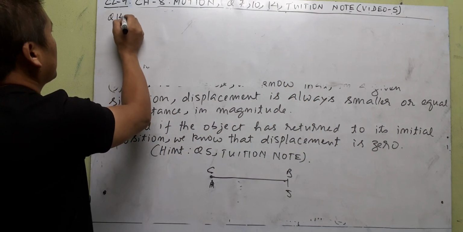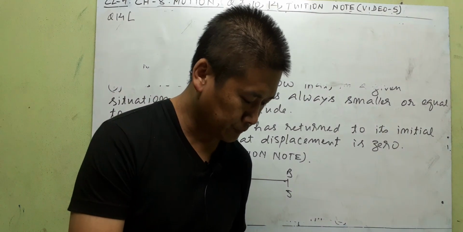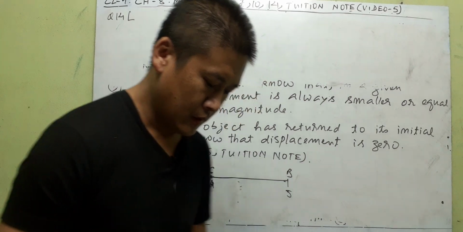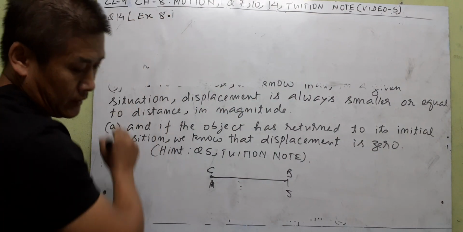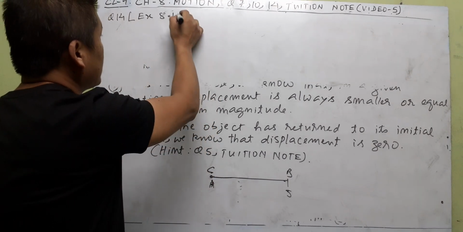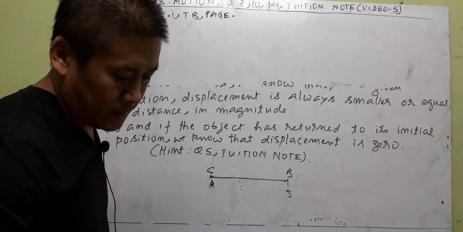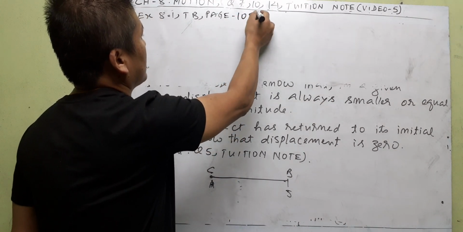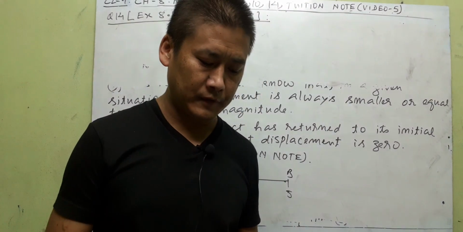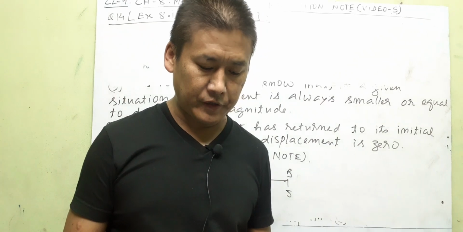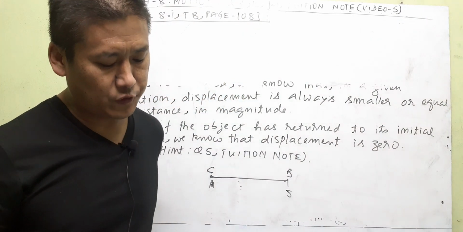Now question number 14. Go there, tuition note. This is also a textbook question. On your textbook, you'll find this as example 8.1, I think. Yes, this is a textbook question on page 108. This is the first numerical that we're doing. Okay, now listen to this carefully. Last class we have discussed certain things, right? Uniform and non-uniform speed, uniform and non-uniform motion and all. It will come into picture now.